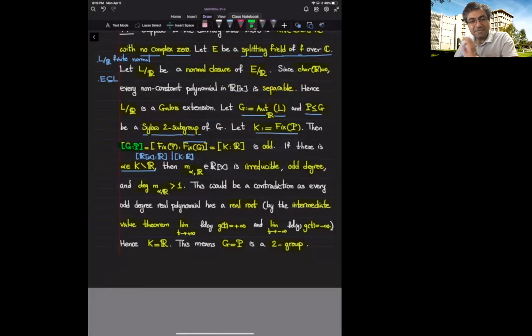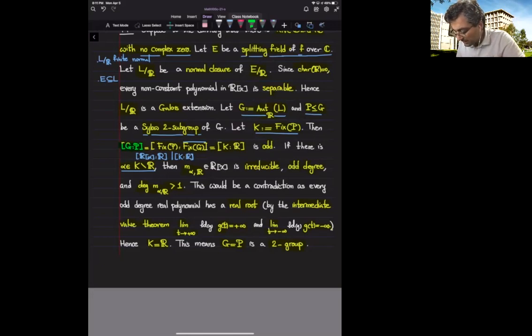So the cardinality of P is supposed to be the largest power of 2 that divides the cardinality of G. Therefore, the index of P in G is an odd number. That's why we use the fundamental theorem of Galois theory and start by looking at the index of P inside G. So the index of P in G is an odd number, and the fundamental theorem of Galois theory tells us that it